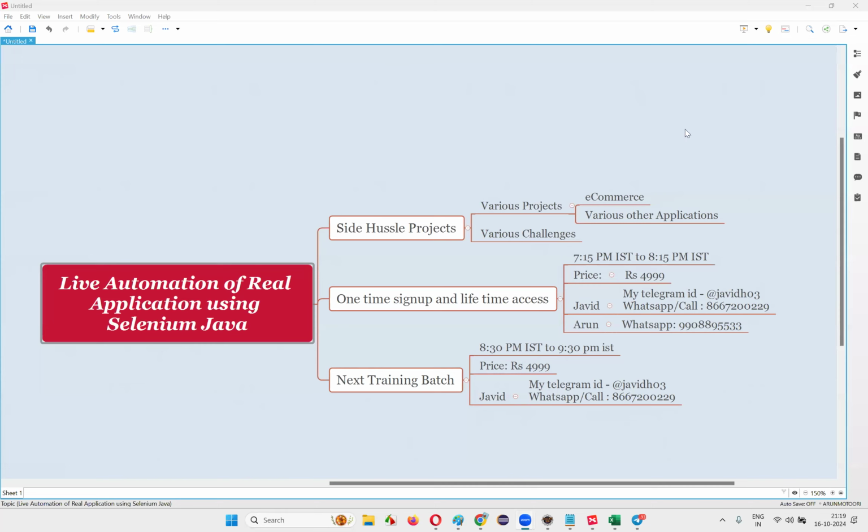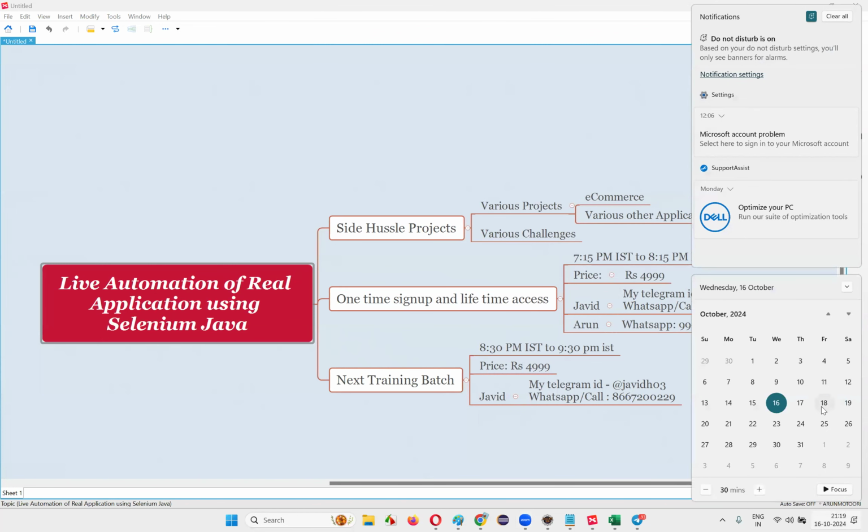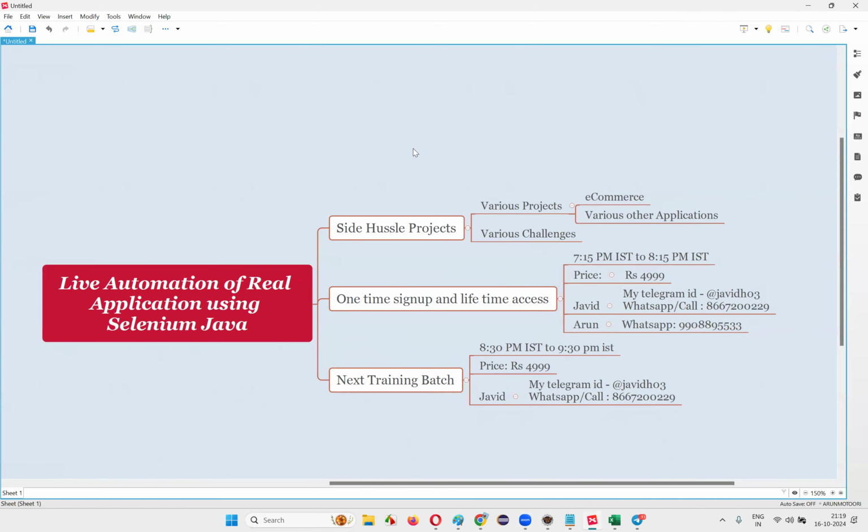Will classes start from tomorrow or the coming Monday? We'll start something tomorrow. If you don't want to miss anything, join as soon as possible. People are already there, some are in the internship. We don't have a particular time to start, but the sooner you join, the less you will miss. That's the only thing we can say for now.